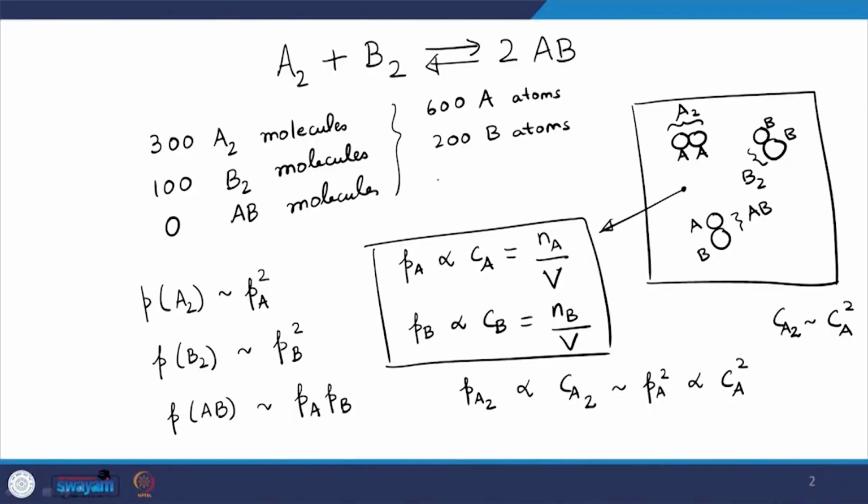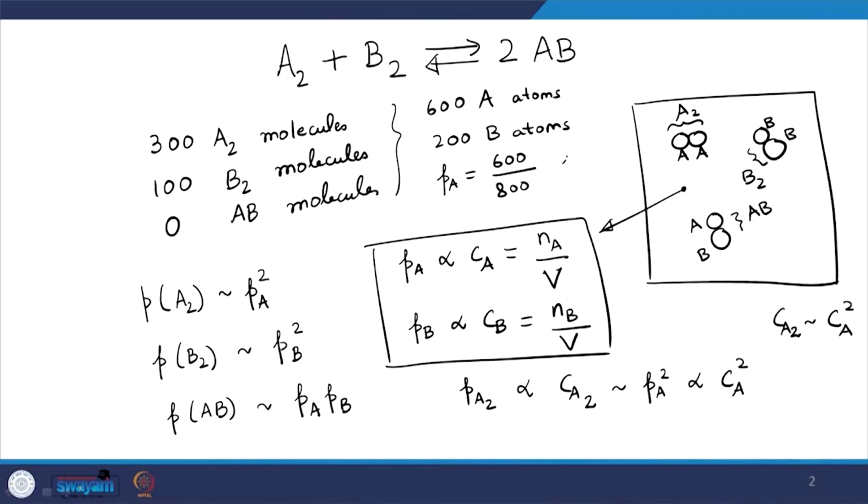So, if I now compute these values, what is the probability of A here? It is 600 divided by 800, because in total we have 800 atoms, right. So, 600 by 800 tells me the probability of finding an A out of the atoms in the box. The probability of B is going to be 200 by 800. So, this becomes 3 by 4 and this becomes 1 by 4. So, this is something like 9 by 16, this is like 1 by 16 and this is 3 by 16,